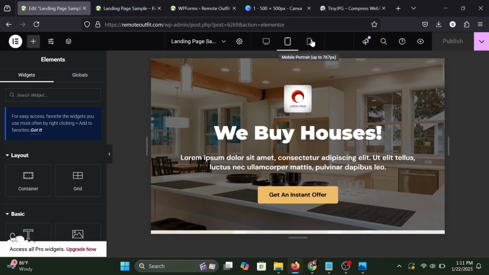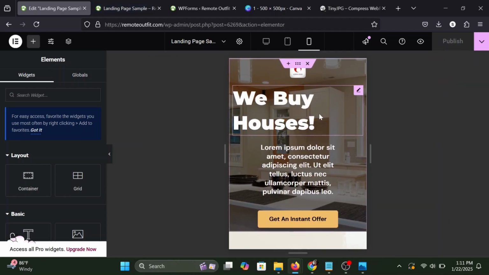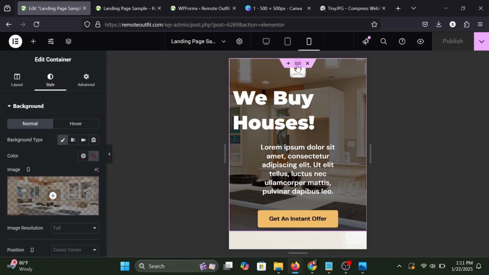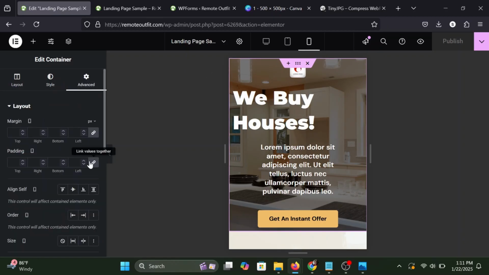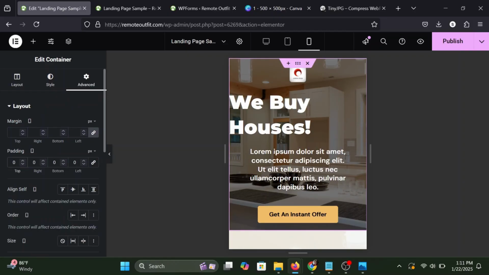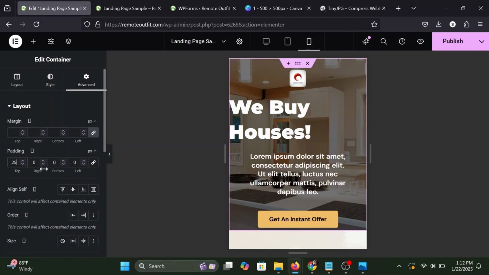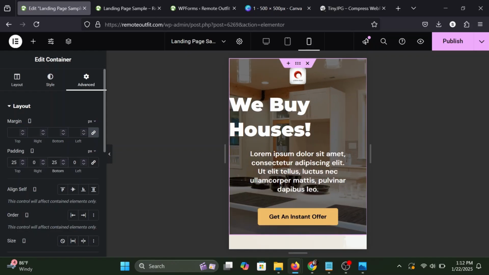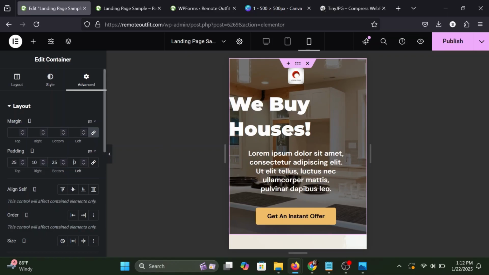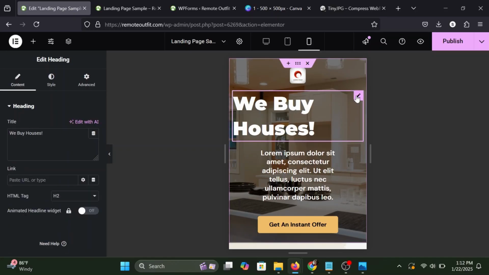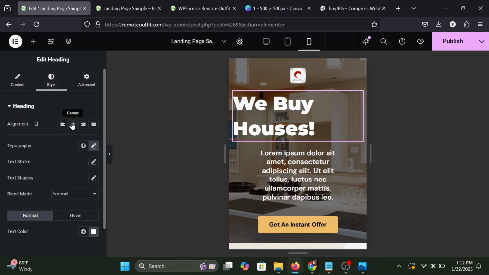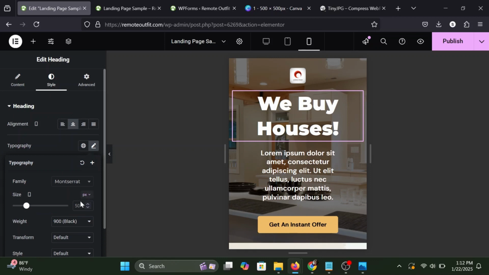The next one is mobile version. And we can start by changing the size of this, adding some padding. You see this logo is way to the top, so we can come to advanced. And under padding, we can add 25, not 50, 25 top. And 25 at the bottom, and right we can add 10 and left we can add 10. Then we can choose this heading is way too big. We come to style, we center it, we come to typography. Instead of 50 we can do